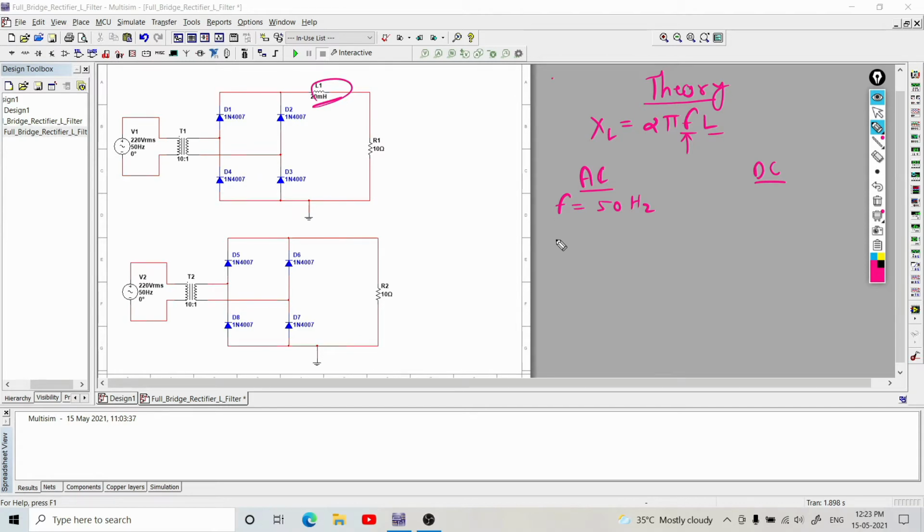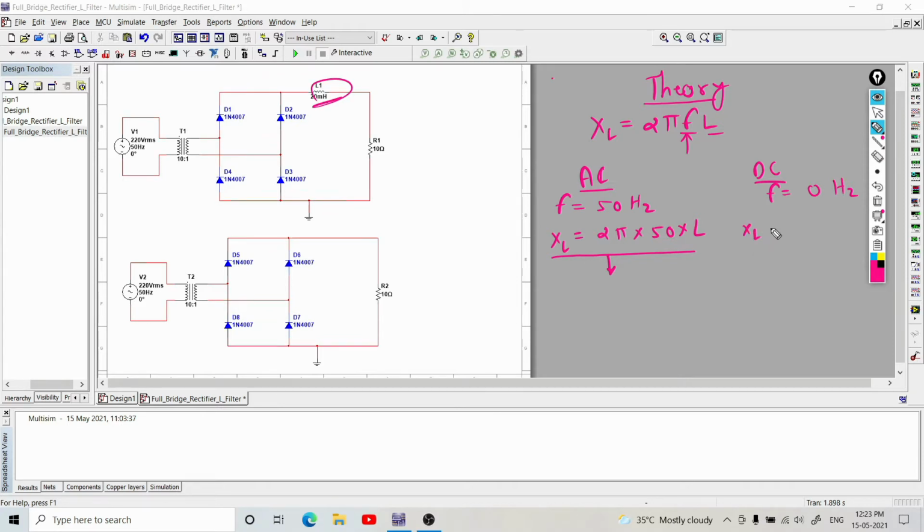So now the inductive reactance offered to the AC signal will be XL equal to 2 pi into 50 into L, right? So this will give some finite value. Now if we talk about DC, the frequency of DC is 0 Hertz, right?